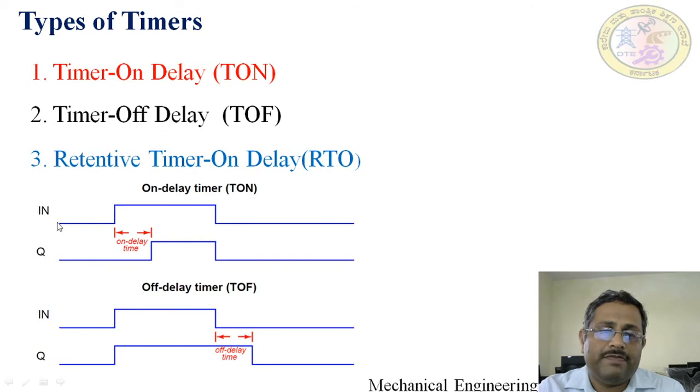We will see timer on delay first, very briefly. Here the input we are giving, the output is Q. In timer on delay, the output will switch on after a delay of time we are setting in the timer. This is timer on delay. Here it will delay the switching on of an output. Here this is a timer off. Here it will delay the switching off of an output. Actually the output is switched off here itself, but it will delay this time. These are the different types of timers. We will discuss them briefly in subsequent experiments.